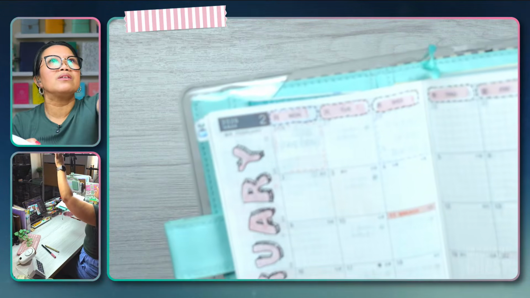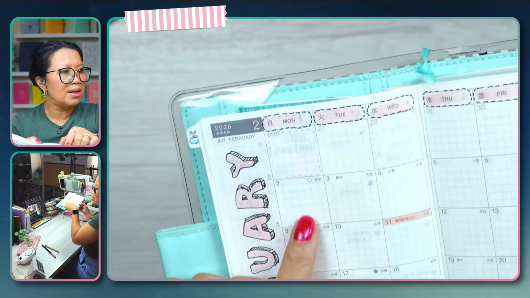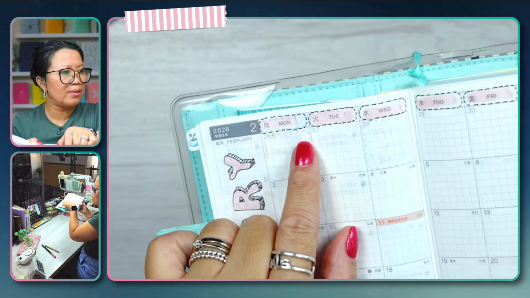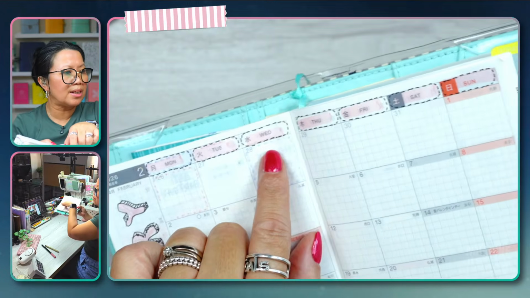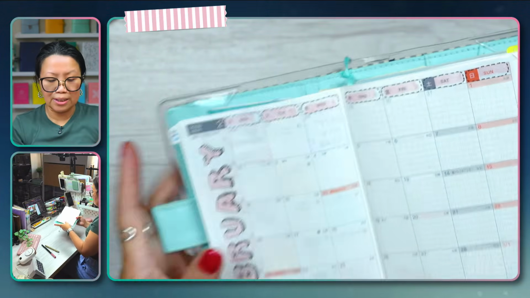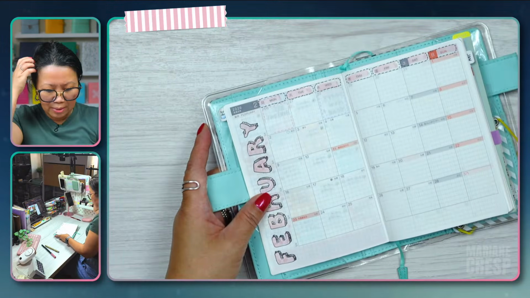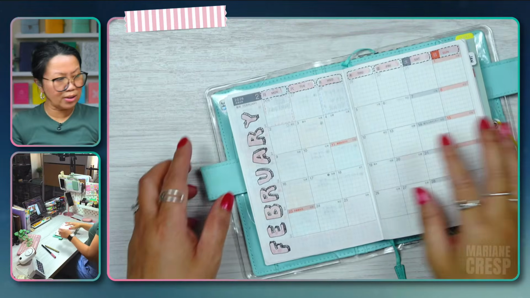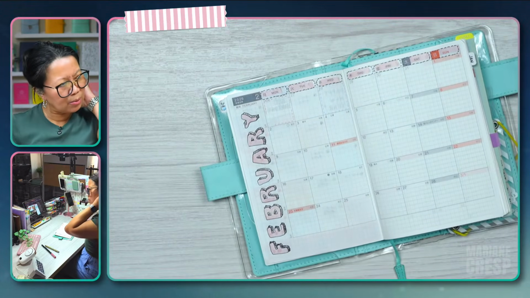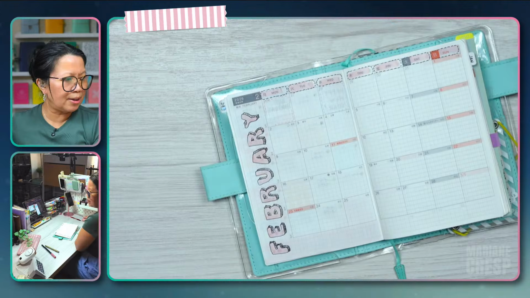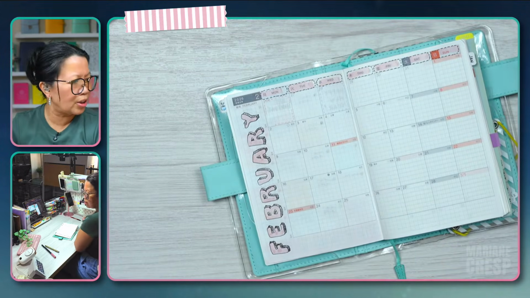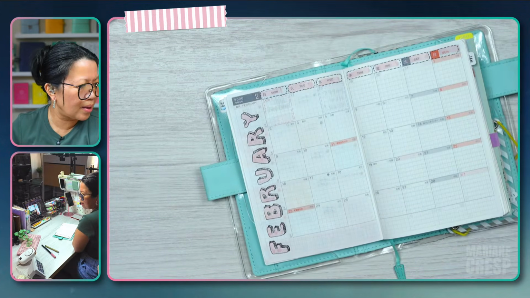There we go. So what I did there, just to do something different, all right, I need to take that focus off there now, is I just went around each box of the days of the week with these little dash lines, just to make it pop out or stand out. Because when you highlight with a Tombow, it gets a little bit lost in there.